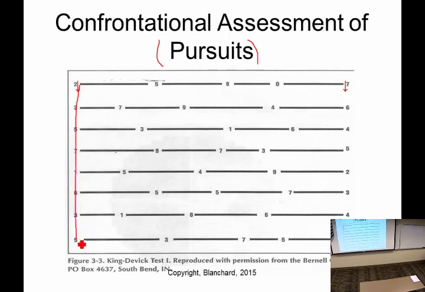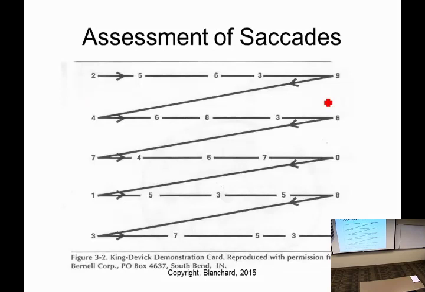We can have them count down or up vertically. We can have them read the numbers across horizontally. Okay? Sometimes they may miss numbers. It depends on how, and you can build contrast sensitivity into this as well. Okay? Saccades, fast movements, we can ask them to read a series of numbers very quickly, or we can make